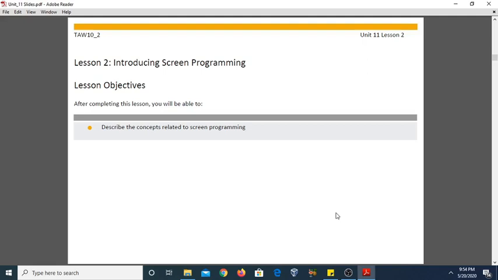Or you may say that a screen is an object which allows the dialogue between the user as well as a program. It makes an interaction between the user as well as programs.